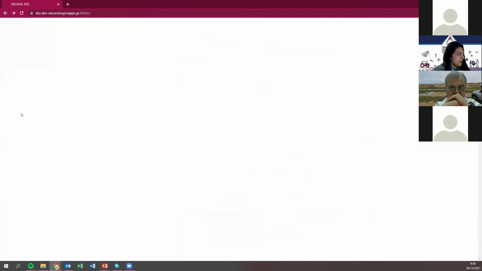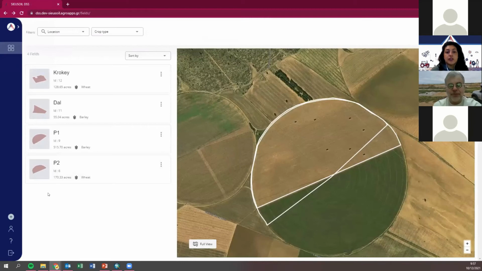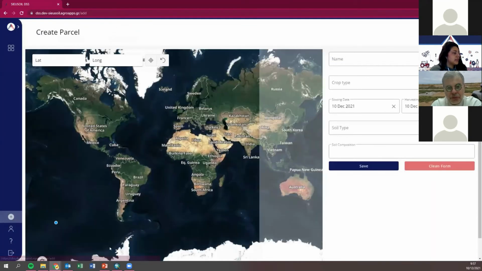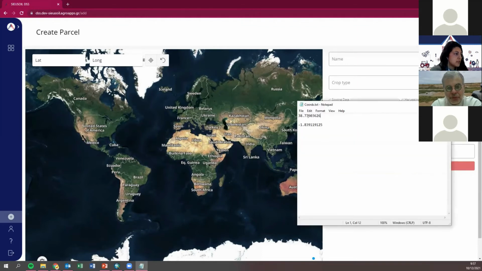Great. How do you start? Let's say we don't have any fields, so you are going to create one of your fields. You are here in create parcel. When you click there, you have the latitude and the longitude. I have one here so you can see. I'm going to paste it.